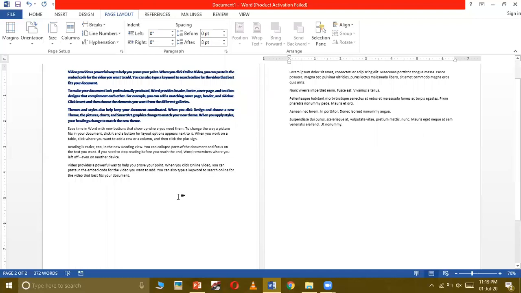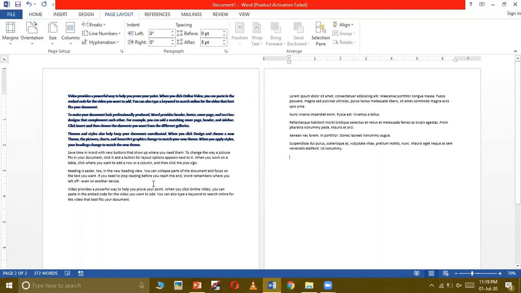So page break option is used for ending a page at a particular position. So wherever your typing cursor will be, at that point only the page break will work, and from that point the page will be ended and the content after that will be moved to a new page. So this is what page break option is used for.